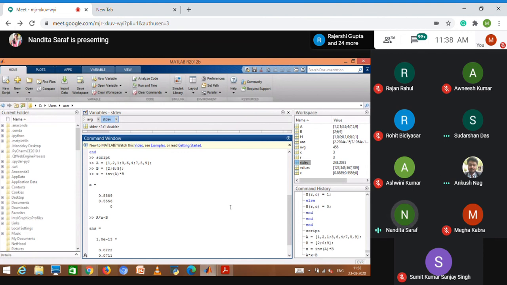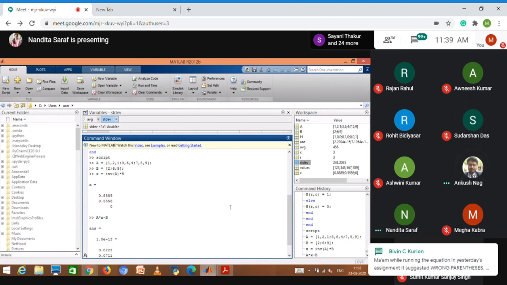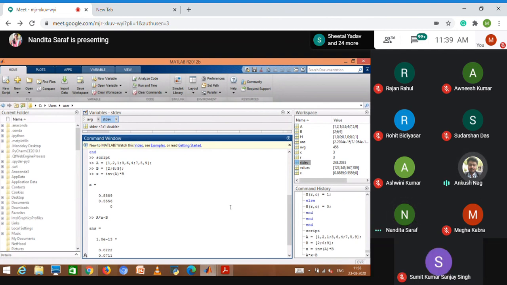Assignments are not yet out. Hello, ma'am. Yes. Ma'am, I have a query regarding the assignment question that you gave yesterday. So you have given T and X, and there we have to define meshgrid X and Y. So Y was not given. So that question was not prepared by me. I think yes, the T is Y. Yeah, T should be Y. Yeah, and was there any Z? No, ma'am. Okay. We just have to do it with T and Y: 9x plus cos X cos Y, that we have to define. Okay, okay, okay.